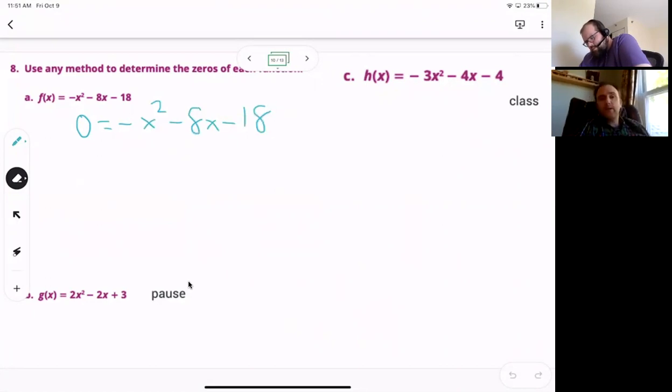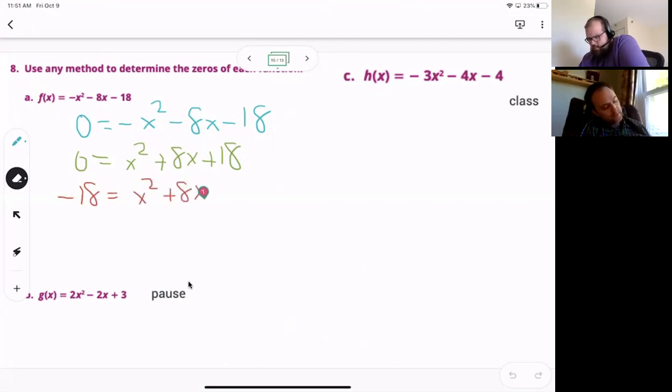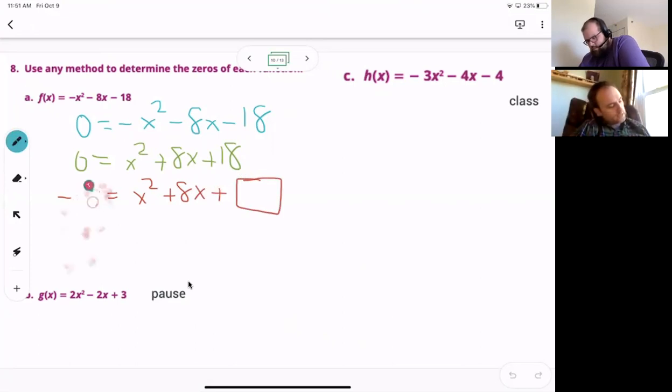So the first thing that makes me uncomfortable is that negative. So I'm going to get rid of it. I'm going to divide everyone by -1. Luckily, there's nothing on the left. Dividing by a -1 just changes the signs so that they're all positive instead of negative. That is true. I'm also, in order to complete the square, going to move the 18. I regret my decision to not leave space there, so I'm going to go back and make some space. So now I left an empty box there. And into that, we're going to have to put